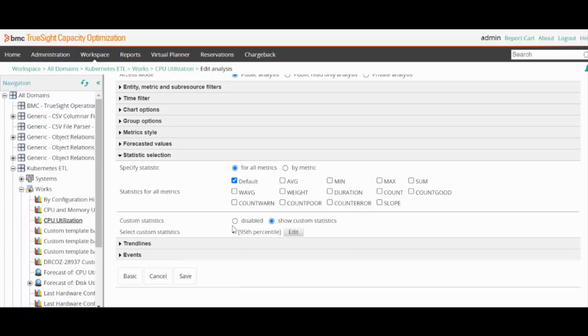This will allow the particular analysis to have a result in